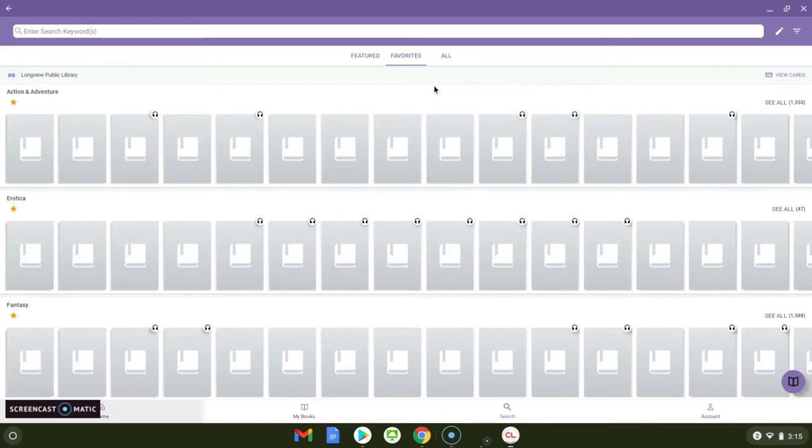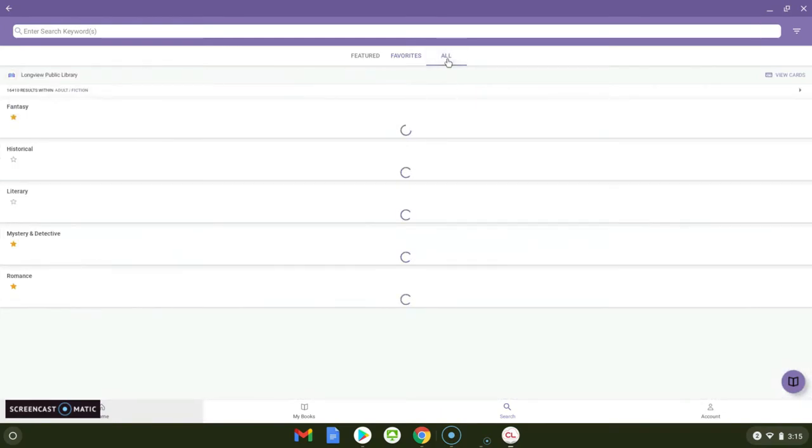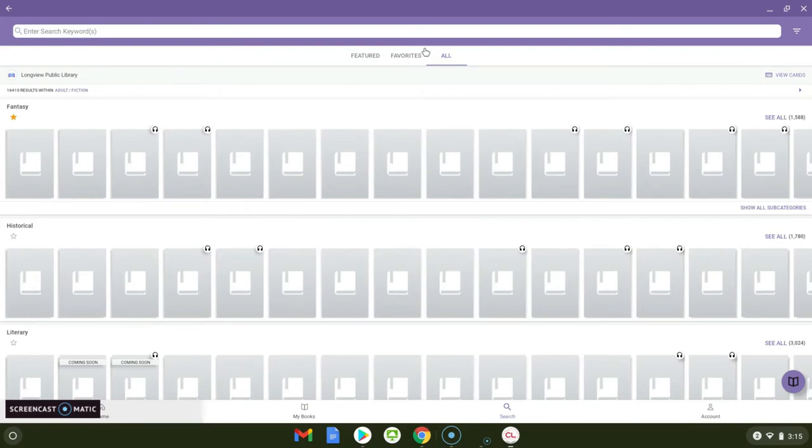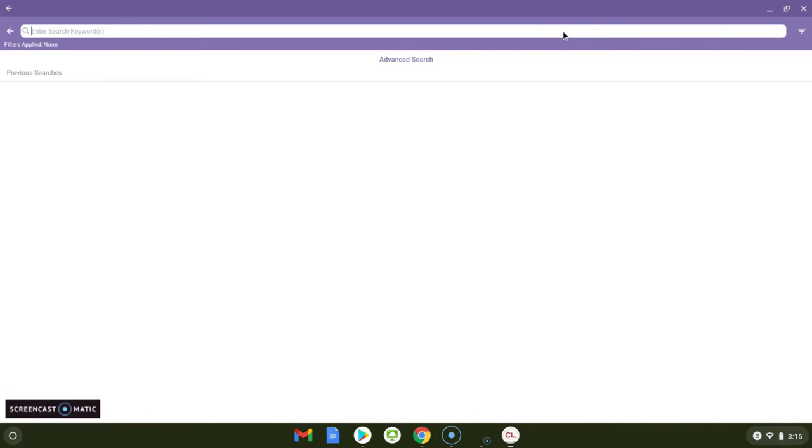Also, if you want to see all books, you just click on the all tab, and it shows all the books within adult fiction. But say I want to search for a book. You go up here to the search bar and you can search by author, subject, book title, anything really. So I'm going to type in Peter Pan